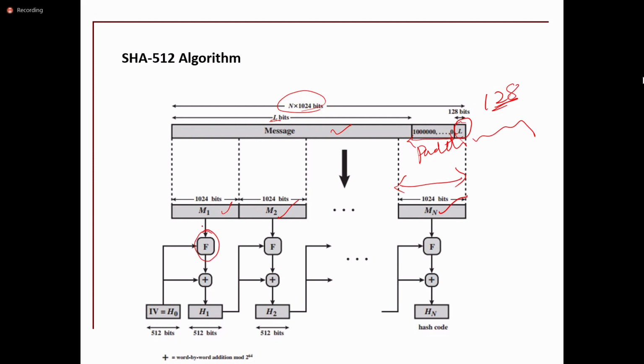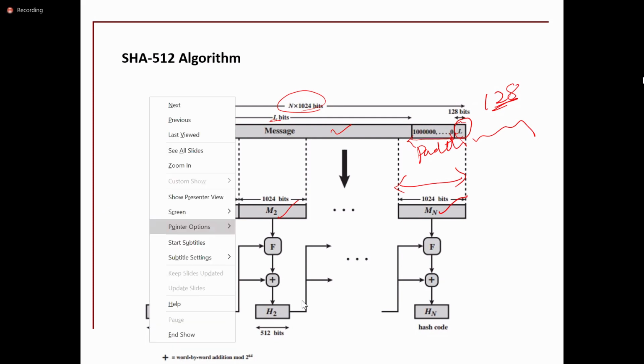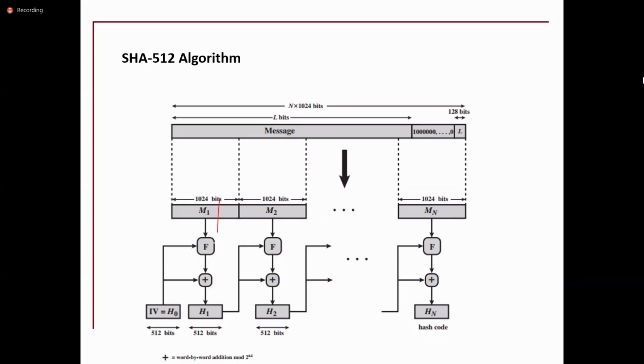If you observe, F is taking 2 inputs. One is the plain text block, and the second one is the initial value. The initial value will be given as an input to the function. So this function is going to take the output of the first one and the initial value,